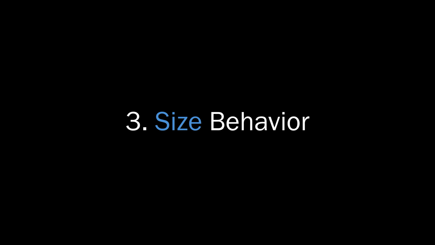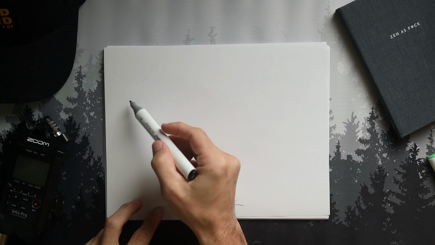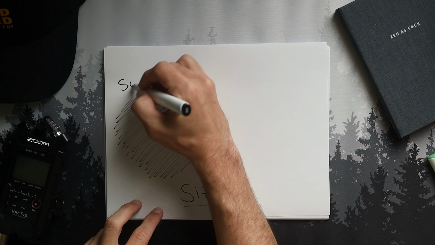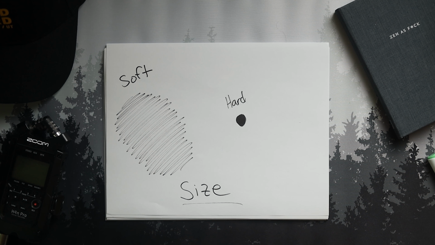Behavior number 3, size behavior. Light sources, whether direct or indirect, they all have a size. And the size of the light source relative to the subject determines whether or not you're getting a soft light or a hard light. The light on my face right now is relatively soft because the light source is right here at my fingertips,